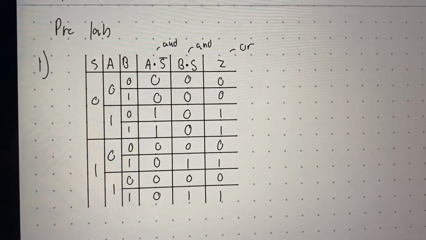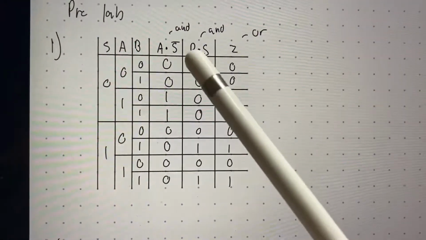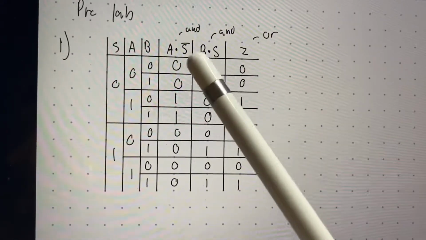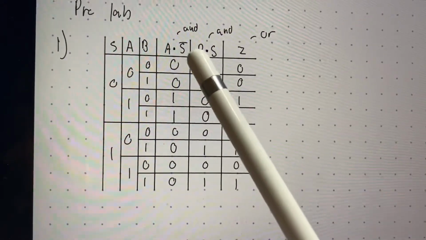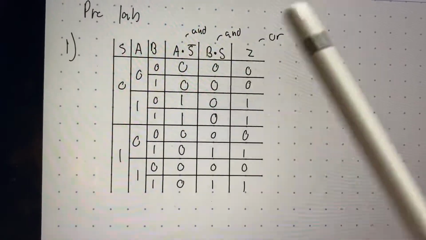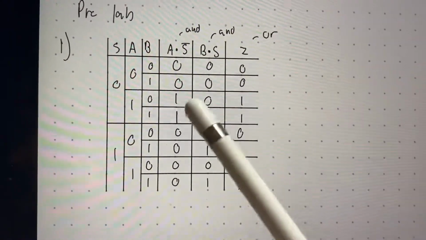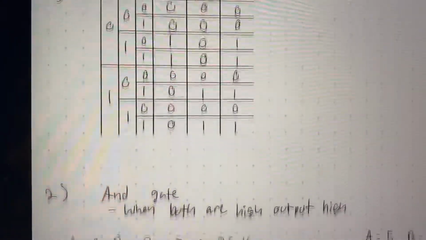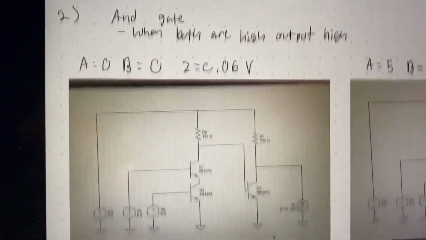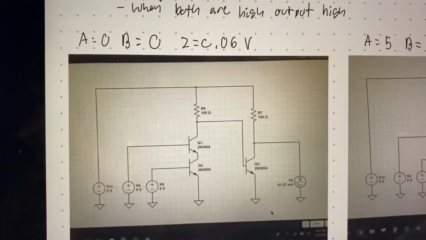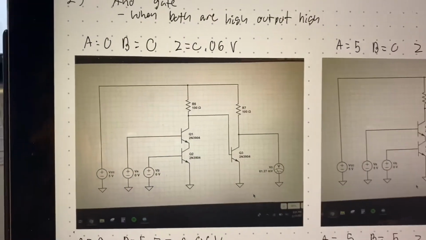So starting with the pre-lab, problem 1, here's the truth table with the intermediate steps included for the A and S0 and B and S terms. Fill that there. Now when it comes to creating AND gates out of transistors, here's my circuit that I came